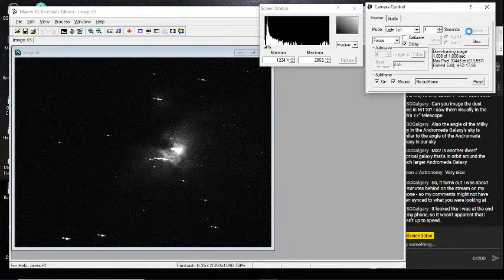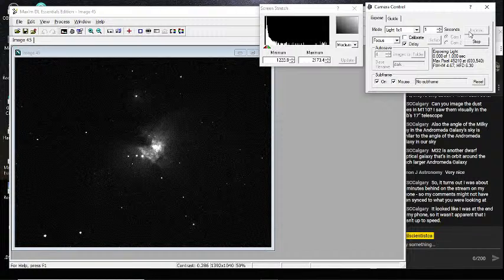There we go. This car just backfired. Let's do a 15-second exposure. Oh, too far. 15. Let's type it in. There we go.